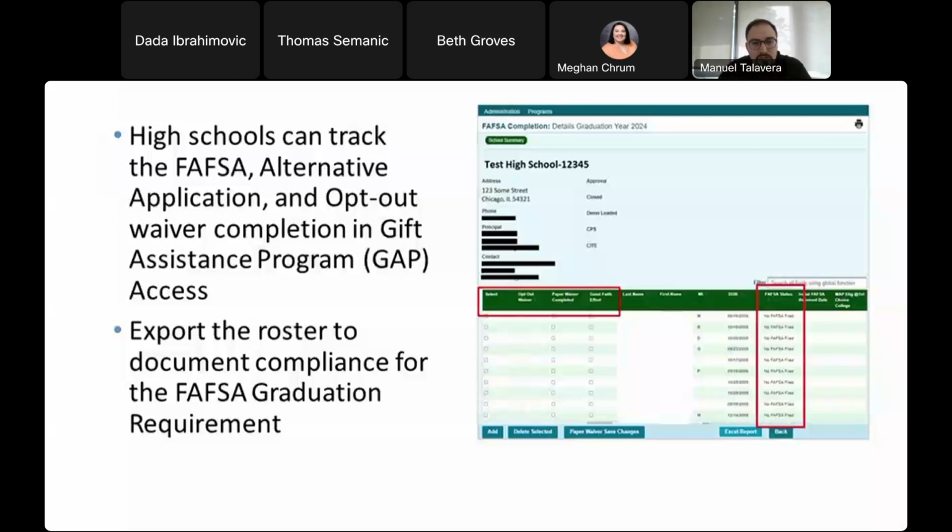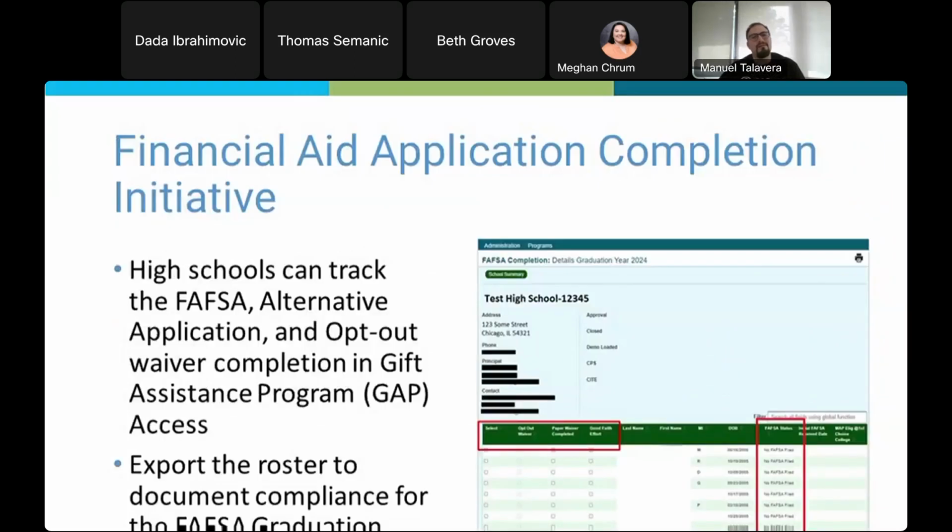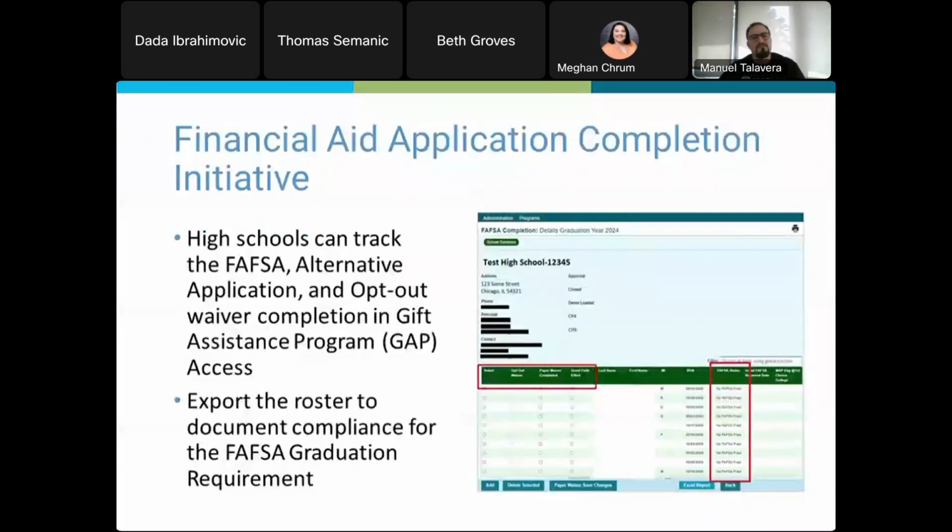Or what's new, which here it says good faith effort, but now says FAFSA simplification admin waiver. So they can go in and check that box. They can see the first name, last name of the student, their date of birth, their FAFSA status, whether it was filed and an SAI was calculated. This is where it's really helpful if you're working with students who are like, wait a minute, I know this student should have received an SAI. Let me go back to see how they answered some questions with the FAFSA. And it turns out they said that they were in graduate school or will be in graduate school, right? That's often a common mistake.